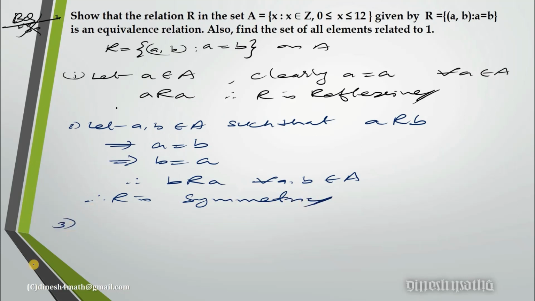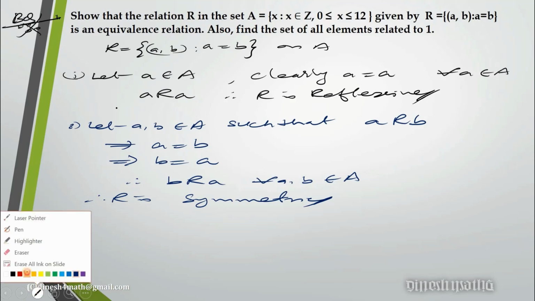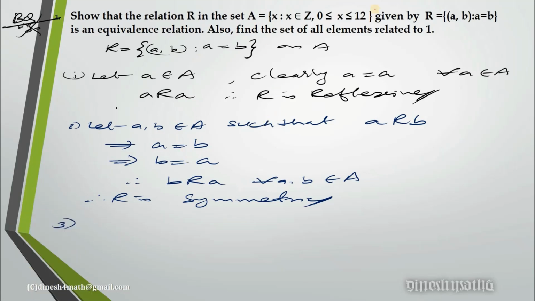Now the third one. For the third one, we need to choose three elements, a, b and c. Does anybody have a doubt about where the c comes from? See, if you remember, this is a set builder form. When I say a comma b, it means there are so many elements related. This is just a representative element only. So don't get confused about where the third element c comes from. So this a comma b represents all the elements which are related. It's not only two elements. That is the usual confusion about that.